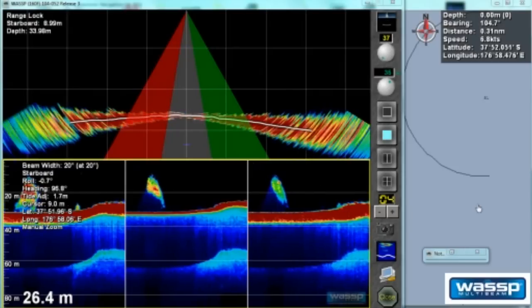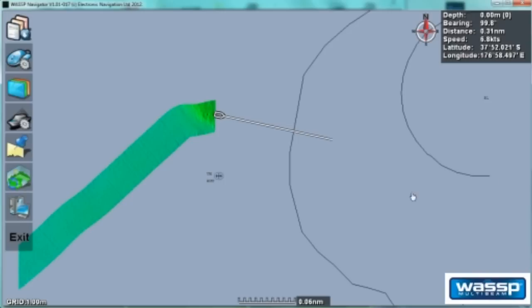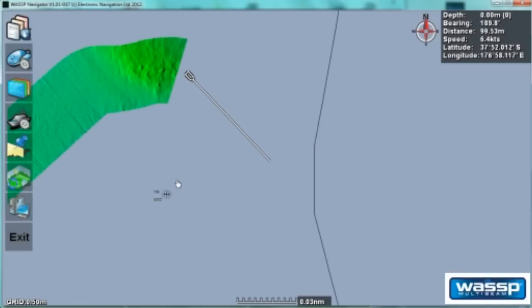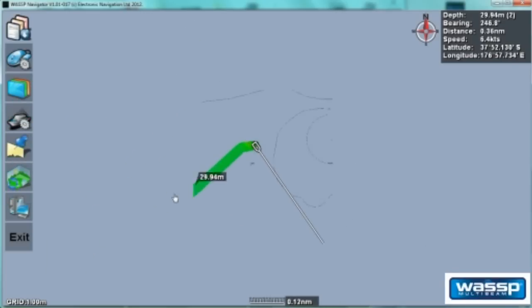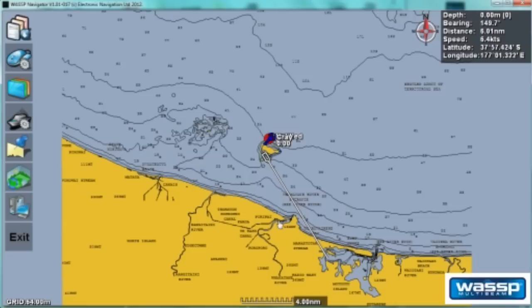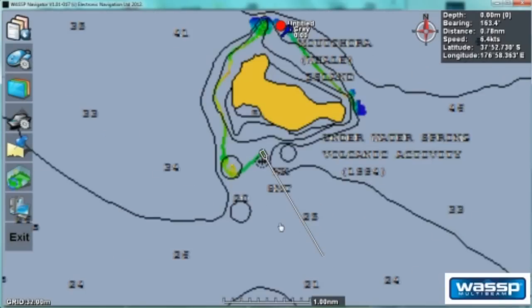Now if we have a look back over here on our navigator, this is our chart plotter as such. So it's interesting that this is where it shows the wreck is. So when the vessel was scuttled, this is a wreck off the coast of Wakatani near Whale Island. The wreck is called the Boston Seafire. I'll zoom out a little bit so you can see on the chart. Here we've got Whale Island. Here's Wakatani. And if we zoom in,